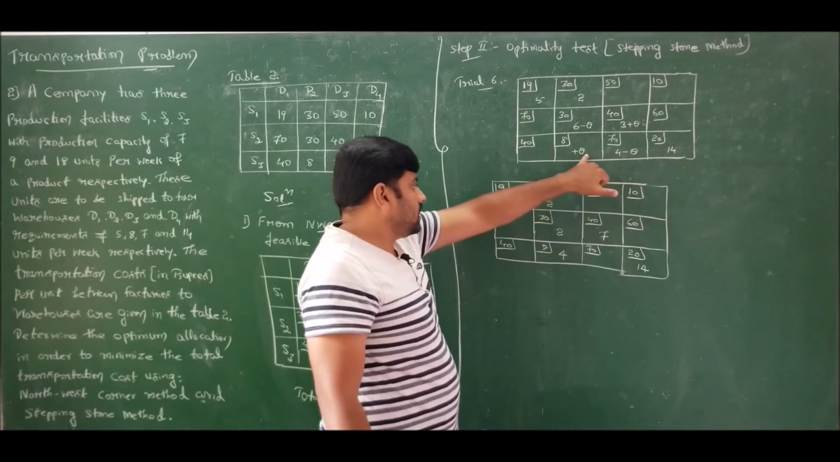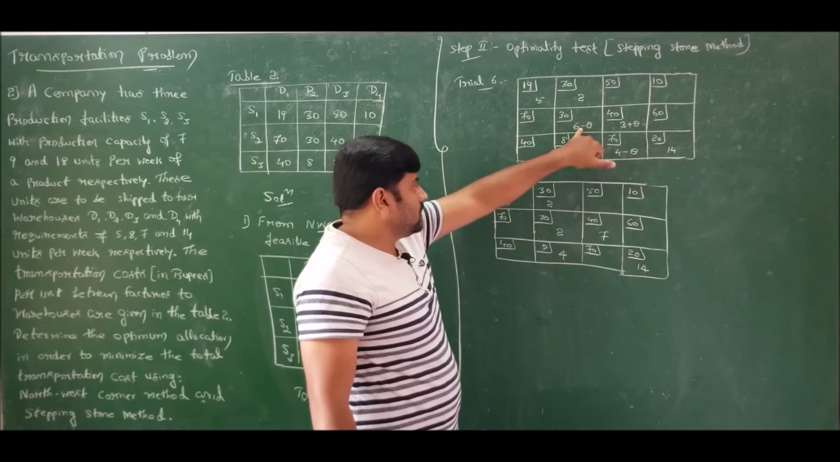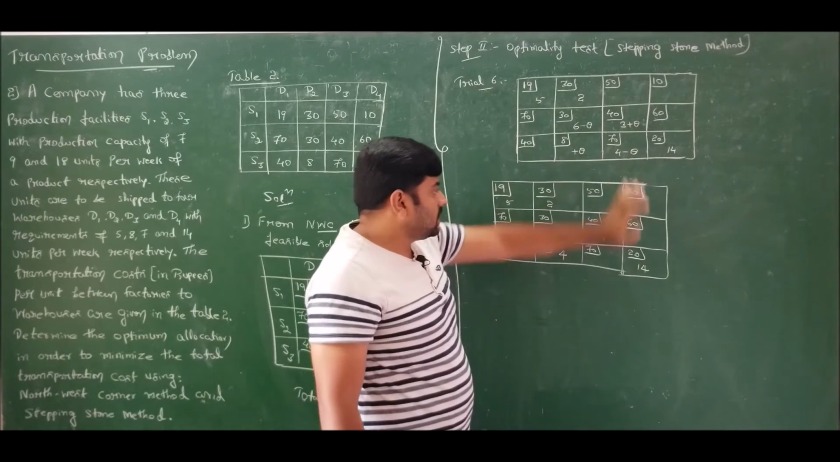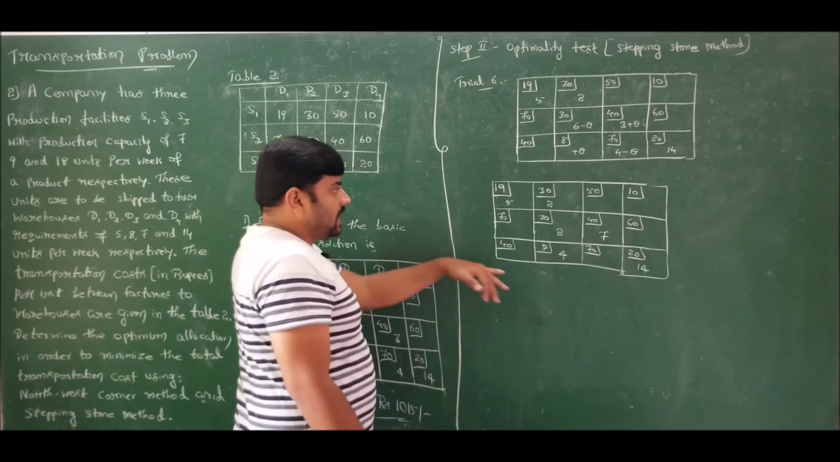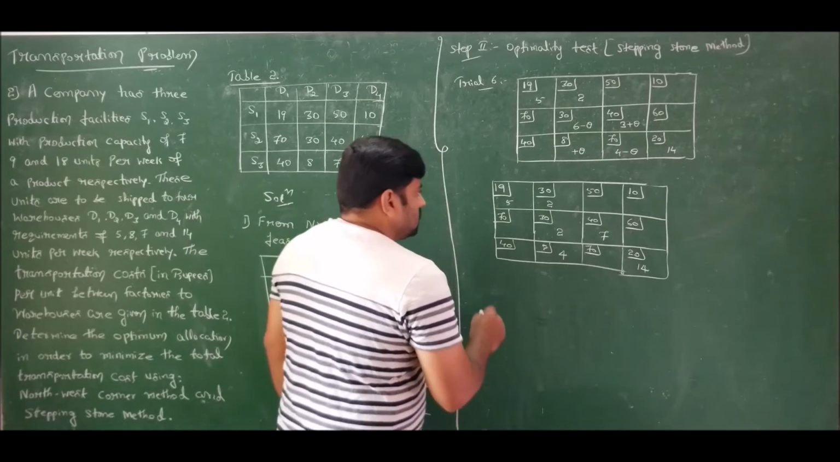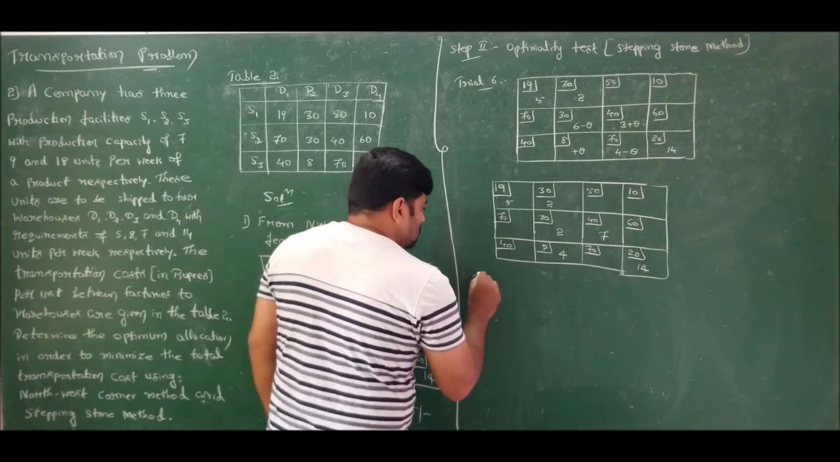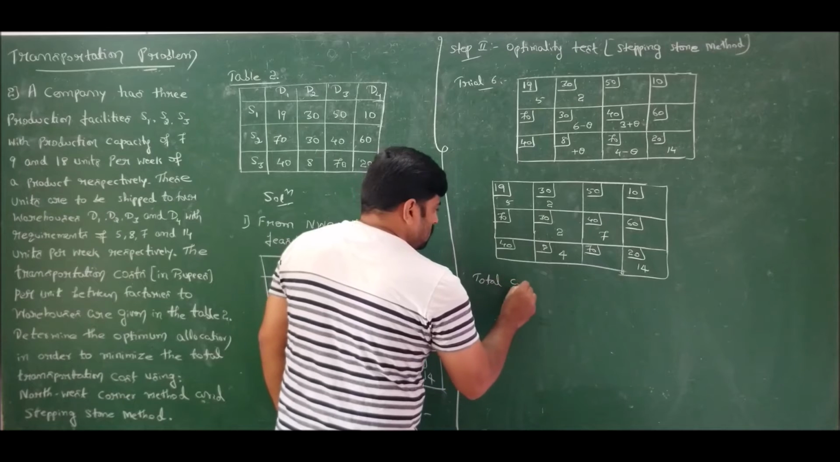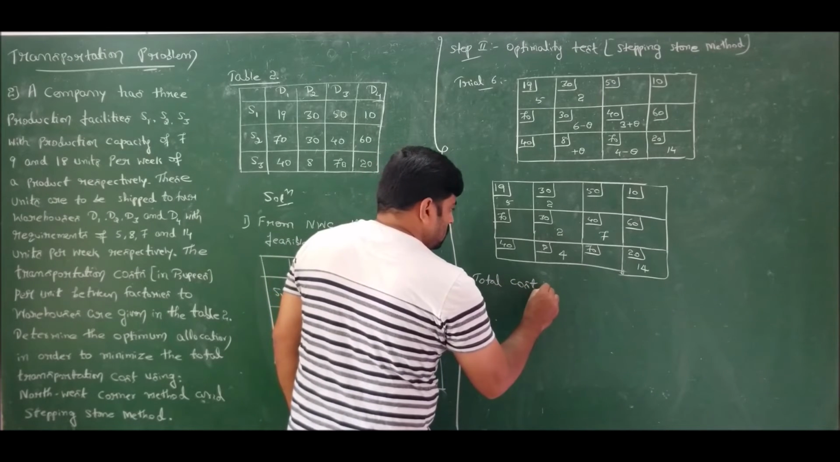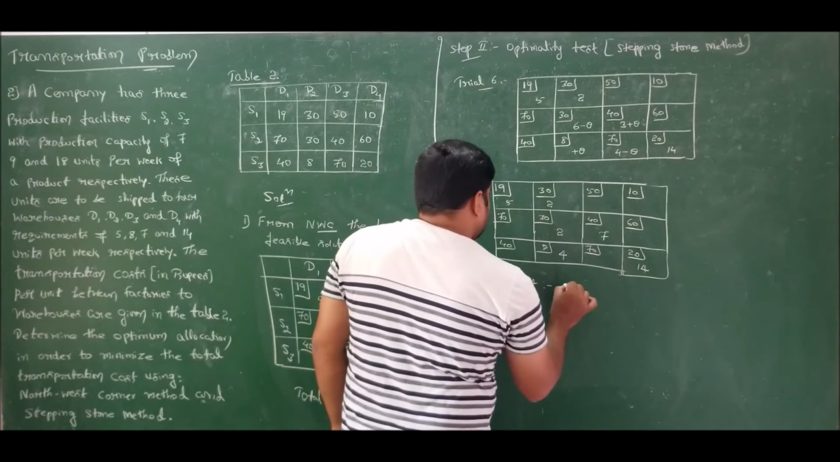This will become 0. Here I will get 4. 6 minus 4 is 2. 3 plus 4 is 7, right? So now you calculate the total cost. So now if I calculate the total cost, total cost is found to be